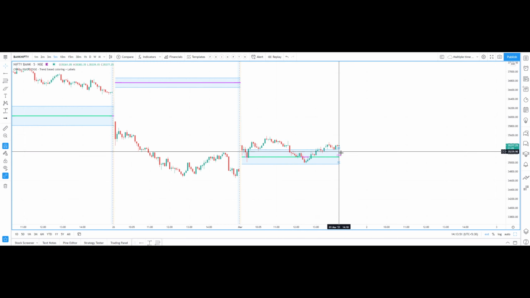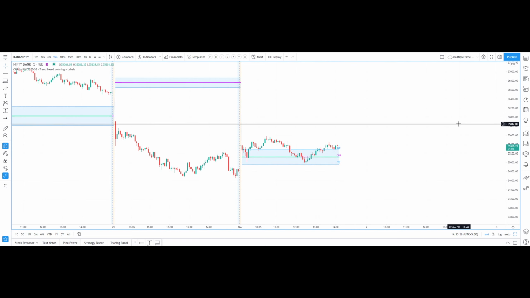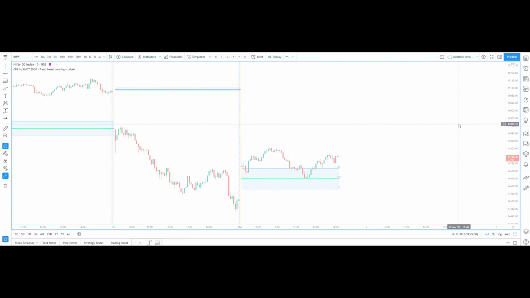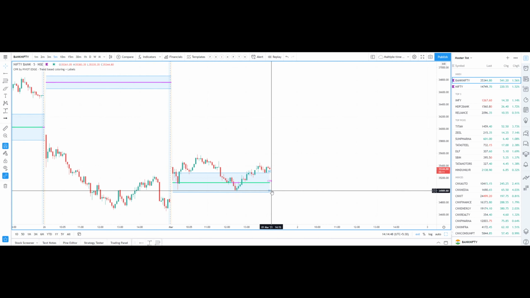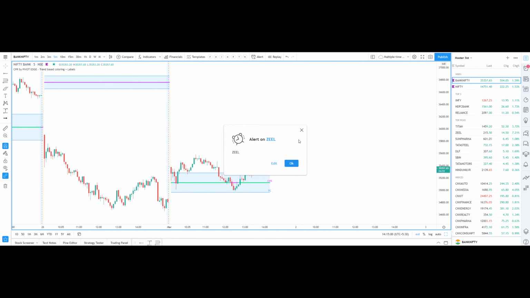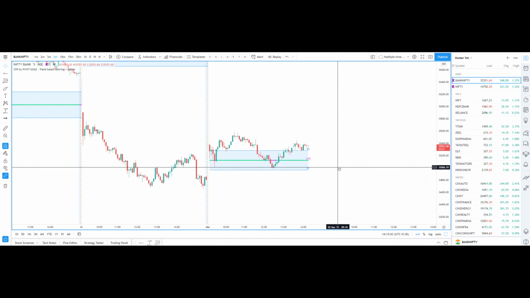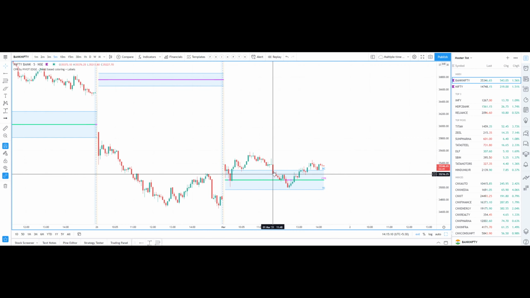For example, in this chart you can see the TC has come down, but in any other script it will be on top. So whether it is down or top, the highest value will be the TC. Like I mentioned, this CPR is a very important indicator which gives you what could be the type of trading that you can expect tomorrow, and also you can get a hint of the prior days.